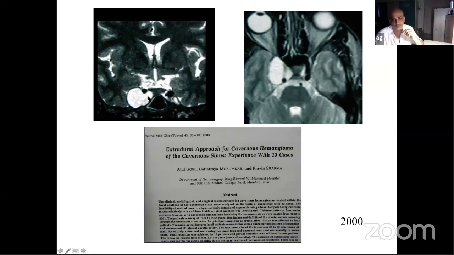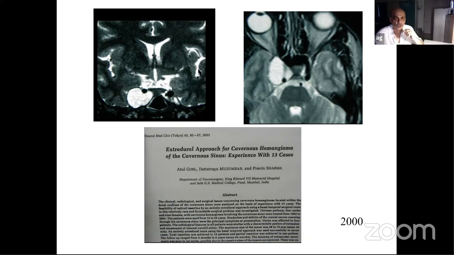Now, there are many subsequent articles on this subject, and I have not seen anybody who will not use this approach, whether they mention my paper or not, that is different. But this was the first article in the literature which mentioned that the extradural approach is the only approach for cavernous hemangioma of the cavernous sinus. You come extradurally, you remove the anterior clinoid process, or you don't remove the anterior clinoid